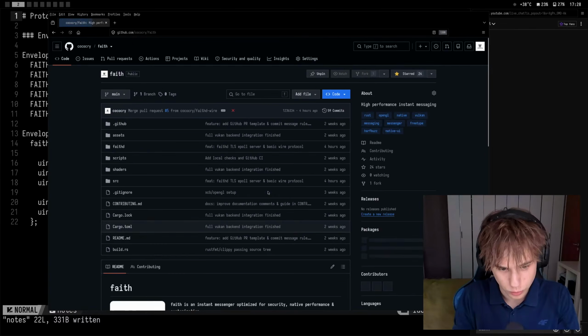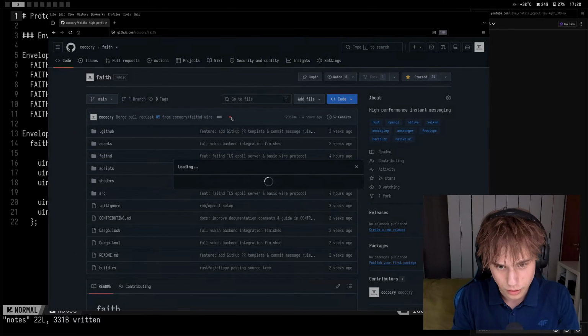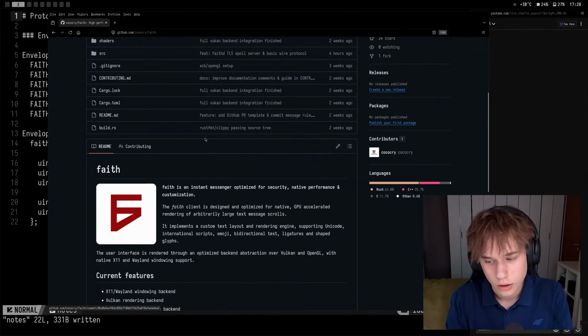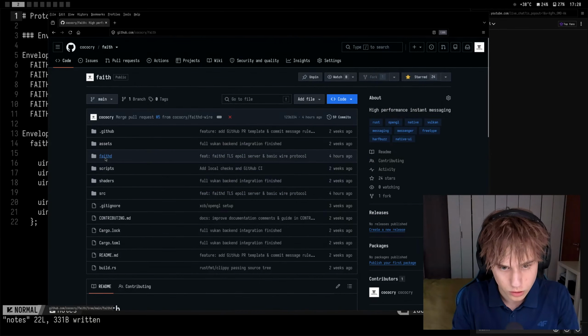This project is what we're working on today. Okay, why did that not work? Cancelled. Anyways, it's basically the instant messenger that I'm working on, and recently I did the UI